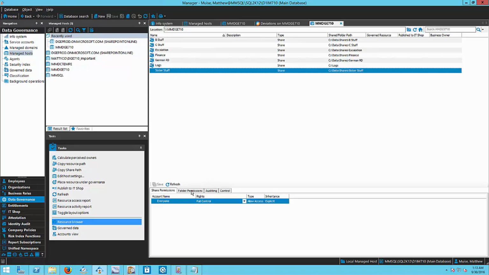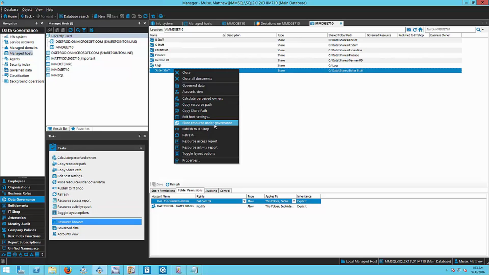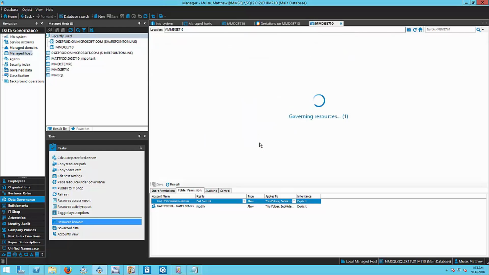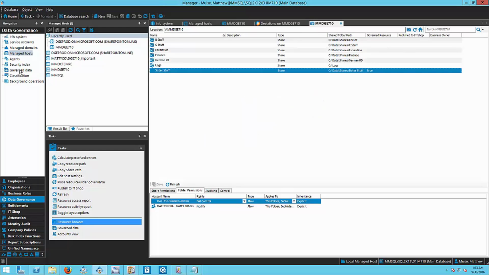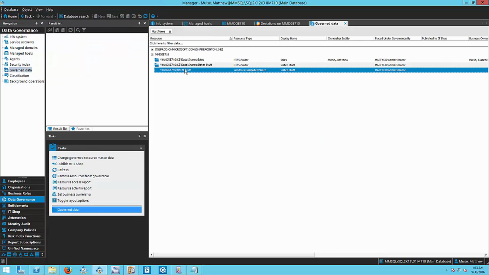And below it's showing you the share permissions. You can also see the folder permissions right there. So I'm going to place this resource under governance. Place resource under governance, govern resources. And now if I go to govern data view, I should see both the sister stuff share and the underlying